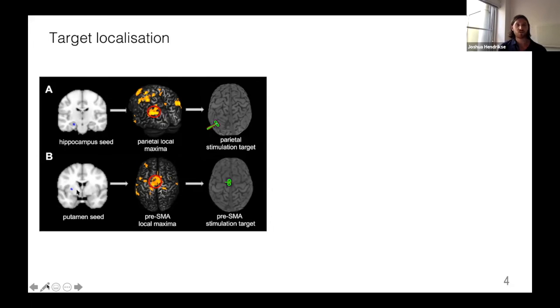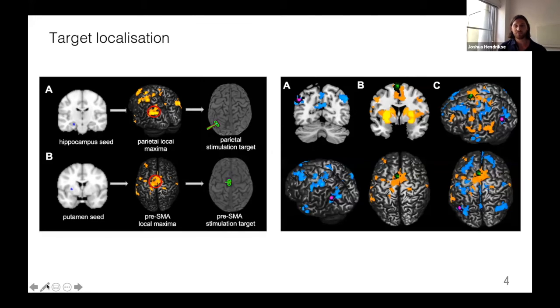Similarly, in our active control condition, whereby the pre-SMA was targeted, we seeded a region of the putamen, looked for a functional peak within pre-SMA, and targeted this region on each subject's structural image. Now, importantly, when we look at the group level, we see that these networks are relatively spatially independent from one another. So here we have our parietal hippocampal network represented in blue with our stimulation target superimposed here, relative to